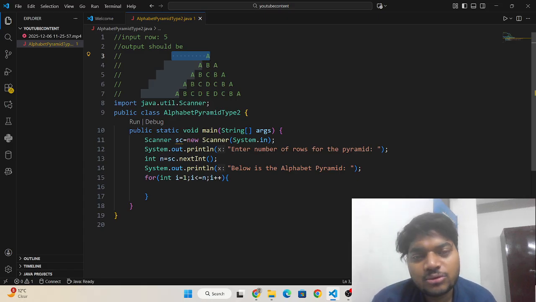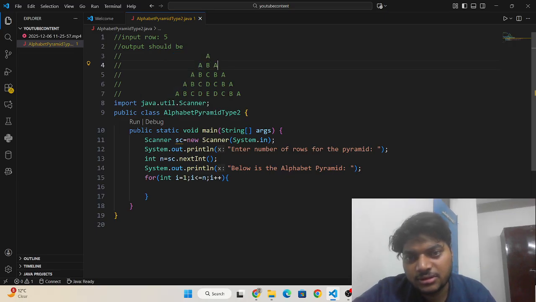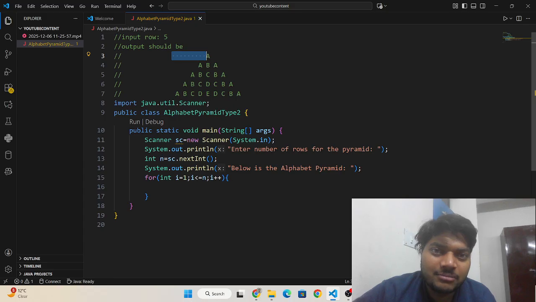Now what do I need to print? First we need to print spaces, which are to the left of the alphabet. The number of spaces here is n minus i.